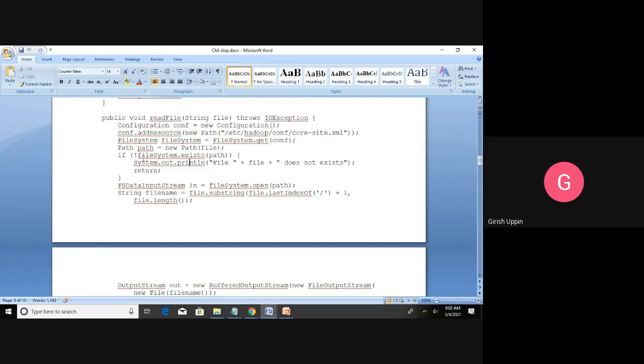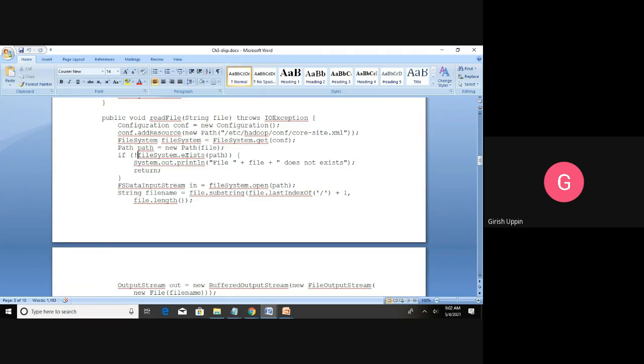Now the first thing is, we have to check whether that file exists or not. If it exists, then only we can read it, otherwise we cannot. So the condition here is fileSystem.exists(path), where path is the argument we have got. If it is present, it will give true, and we are using the not, so true becomes false and it will not go inside.